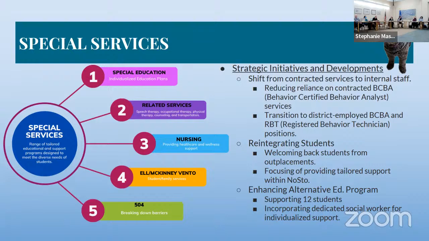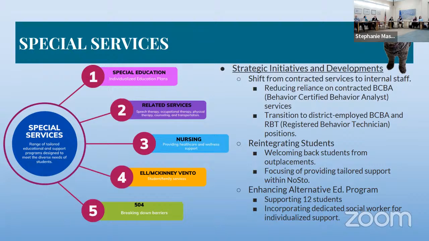Again, as we've talked about, the school social worker and the school counselor have been such a huge help with a lot of the social emotional needs that we're seeing of the students. And if we were able to have somebody in-house here to support those initiatives, that would really help us here. Not only that, they can help with tier 1 support in the classroom. They'll be managing behavior intervention plans for students and really be able to support behavior with students, working collaboratively with the school social worker and counselor.